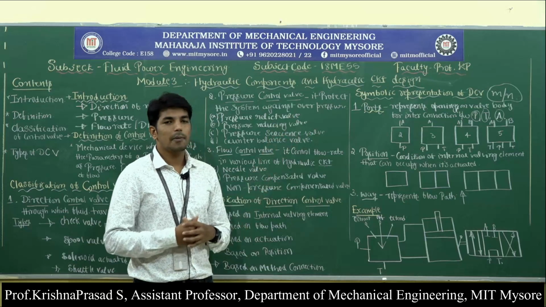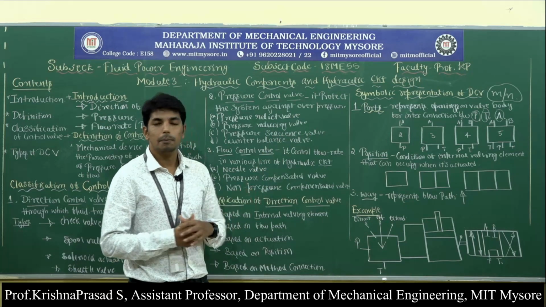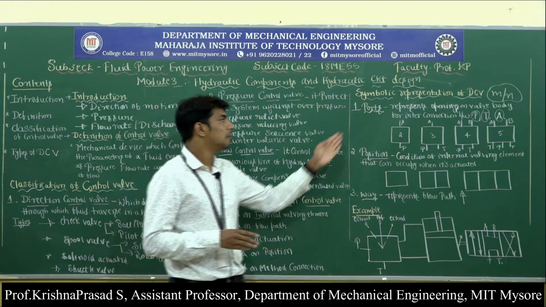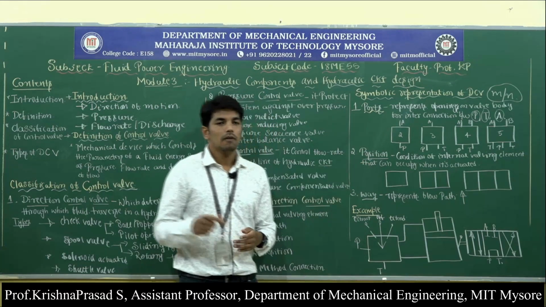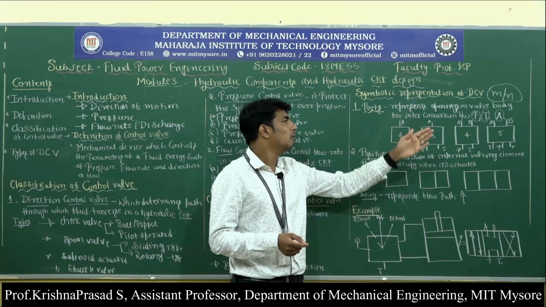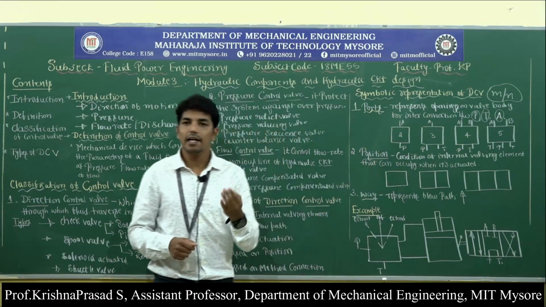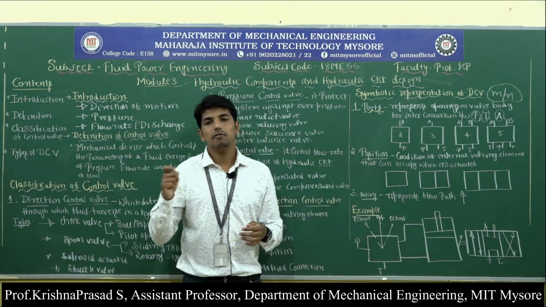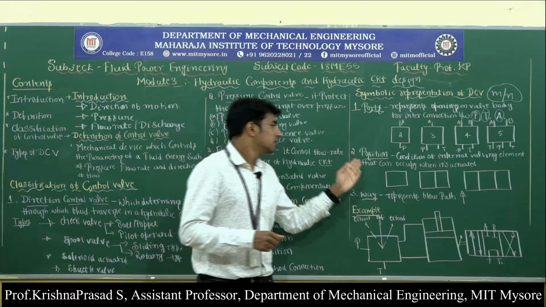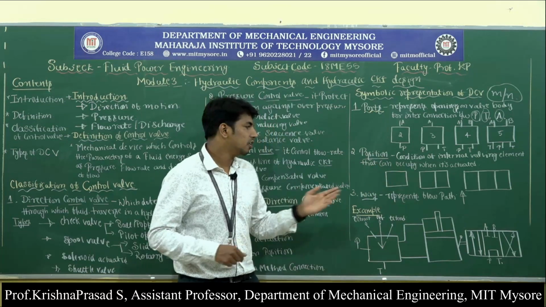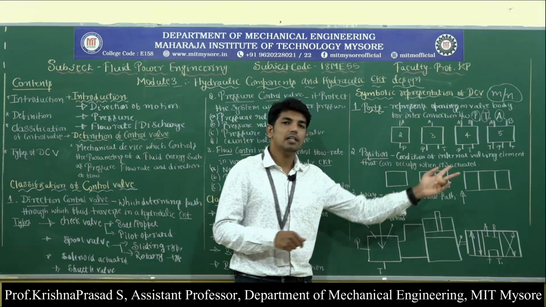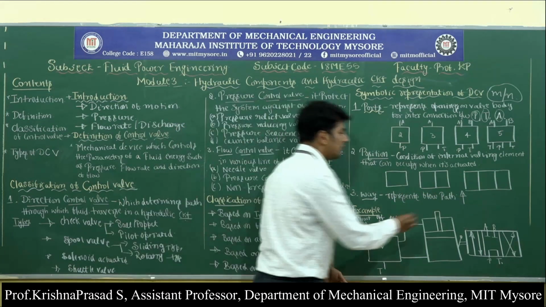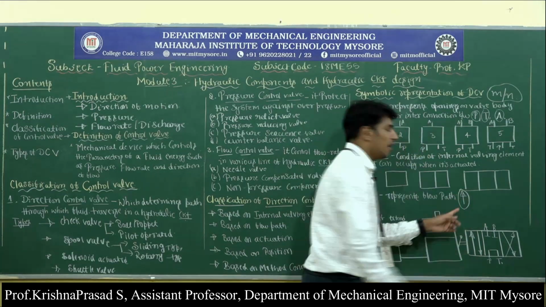So what is the symbolic representation of direction control valve? The symbolic representation of direction control valve mainly depends upon 2 parameters. One is called ports, the other is called position. The ports represent the openings on the valve body for interconnection between the pump, tank and the actuator. And the position represents the condition of the internal valving element that can occupy when it is actuated. That is single position, 2 position and 3 position. And the way represents the flow path and that can be indicated with the help of the arrowhead.